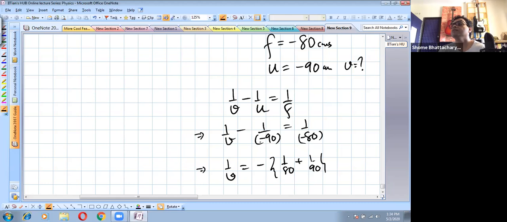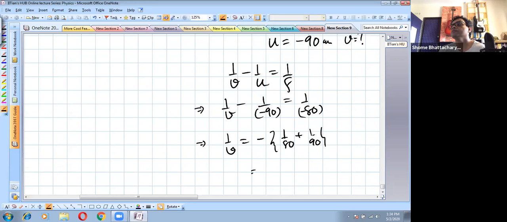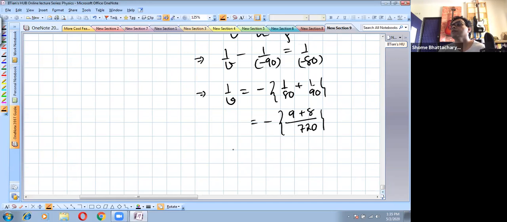Because here it is with a plus sign, bring it that side, it comes with a minus sign. So this we can write as minus of 9 plus 8 upon 720. So the V actually becomes minus of 720 by 17,